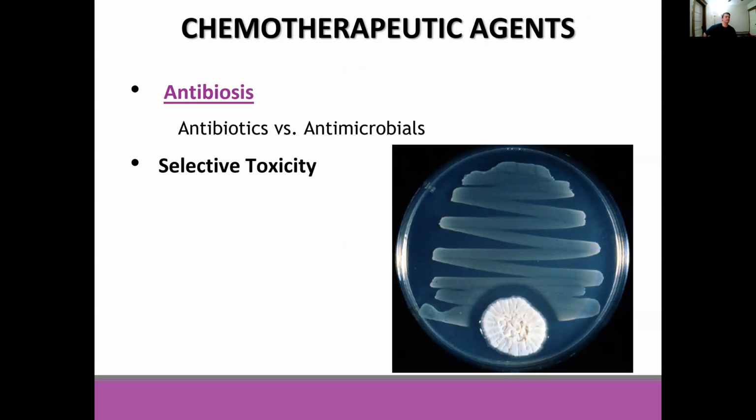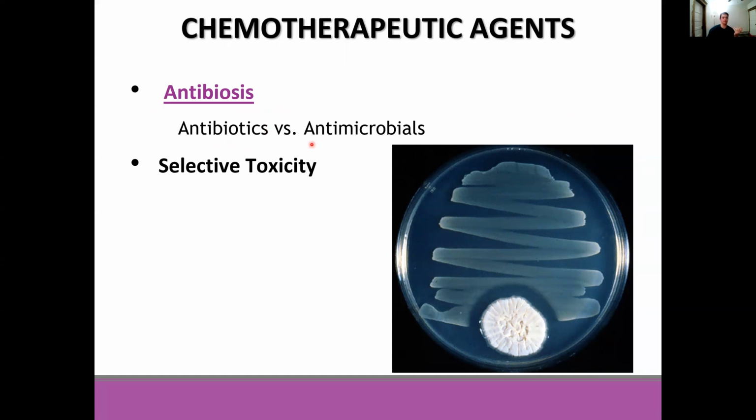So how do we do this? One of the first things that we can do is we can look at something called antibiosis. Antibiosis is simply the biological interaction between two or more organisms that is detrimental to at least one of them. It can also be an antagonistic association between an organism and a metabolic substance produced by another. So here, the take home message is to think antibiotics that are produced by certain microbes,